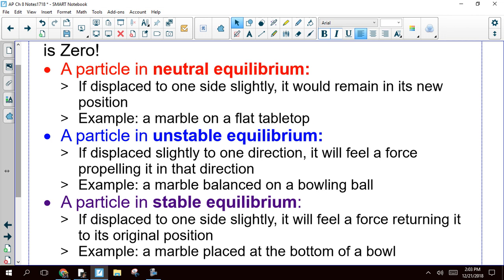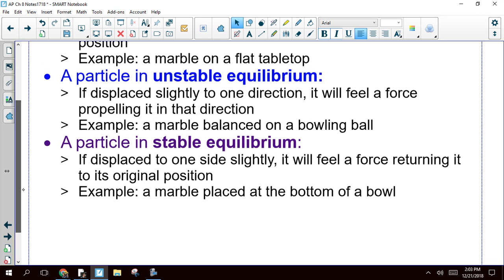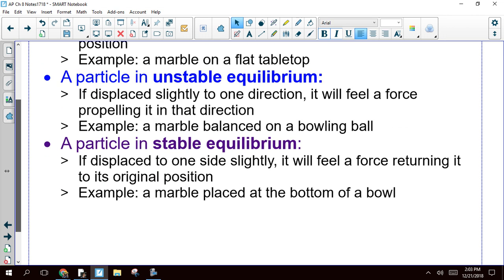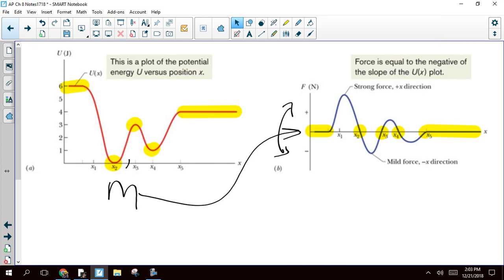Okay, and then stable equilibrium is the opposite. It's if you displace the object slightly to the side, it feels a force returning it to its original position. So if you put a marble in the bottom of a bowl, and you push the marble to the side, then gravity is going to pull it back down to the bottom of the bowl. All right? So on our graph over here, the idea is